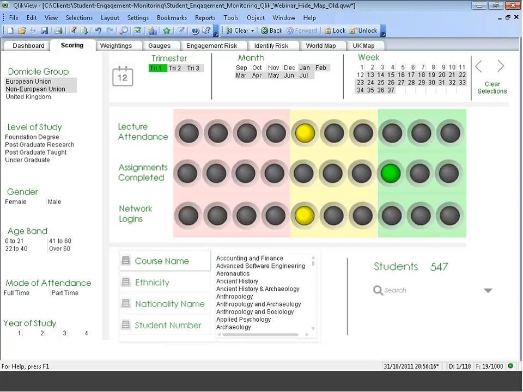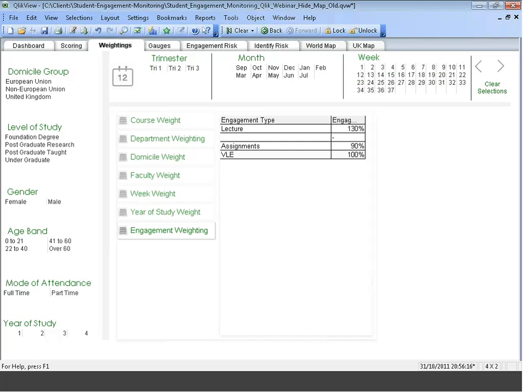My scoring screen up at the top here will change based on those selections that I've made. So I can look at a particular week and I can see the dots move depending on what I have selected there. If I move on to the weightings tab,